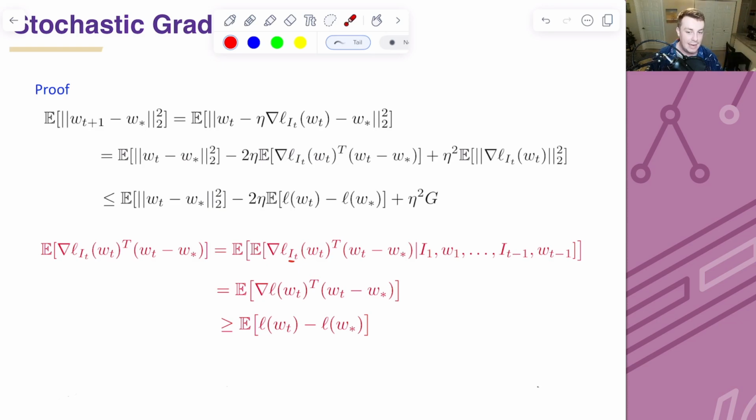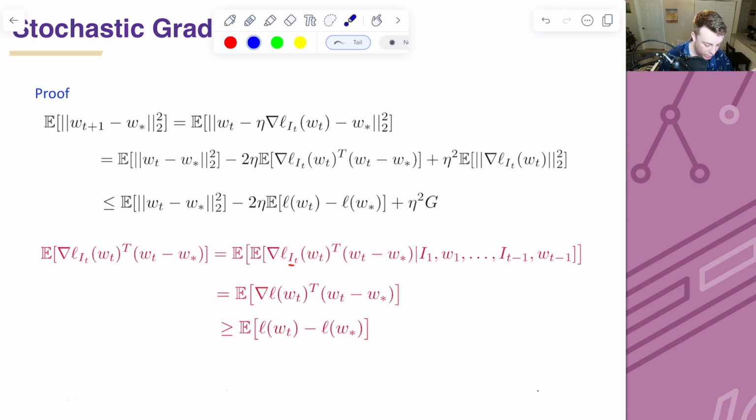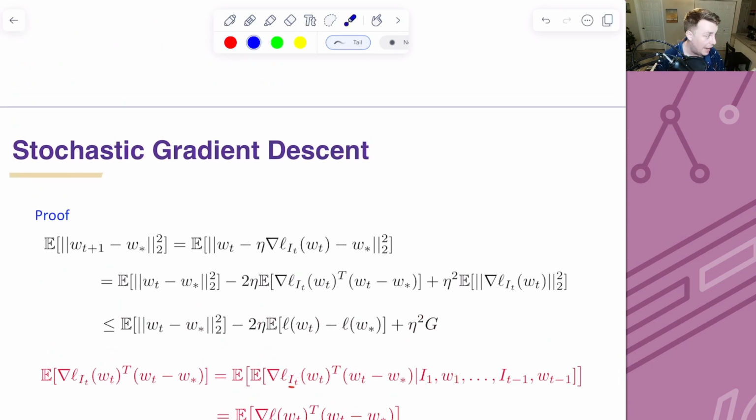Now, why is this last statement true? This last statement is true just due to the statement of convexity that Matt is going to talk about on Wednesday. So just as a reminder, if you have seen this lecture or if you haven't, I'm not going to prove this statement, but we'll talk about it in the convexity lecture. If we know L is a convex function, which we do, because I'm just going to assume that it's a convex function, then I know that for any convex function,